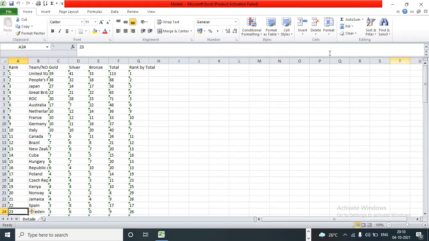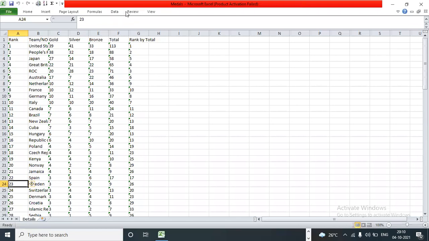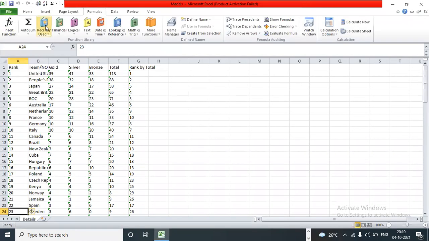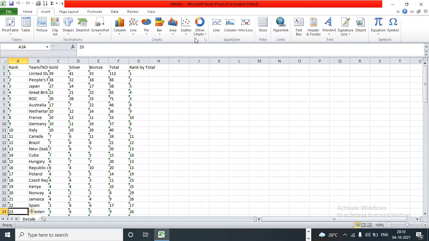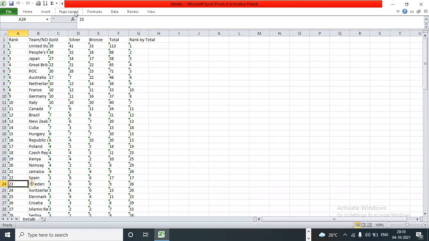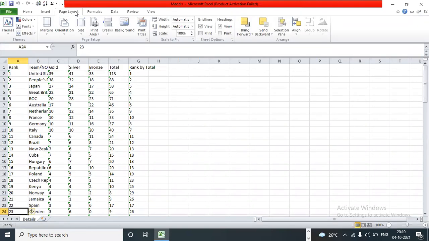No, right? So for simple convenience, if you double click on any option, the data has gone. Are you able to find the difference? If you double click on any other option, you can see all the things. So to reduce the space constraint, you can use this particular option. Just double click on it and the ribbon bar will be collapsed, or double click again, it will be open.